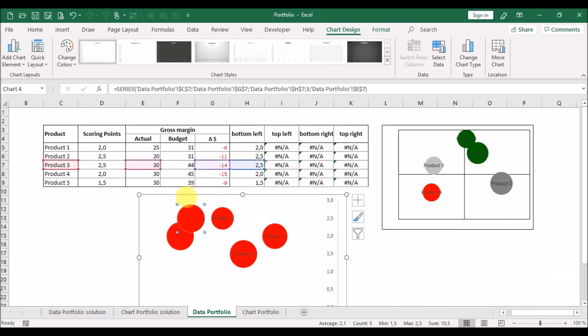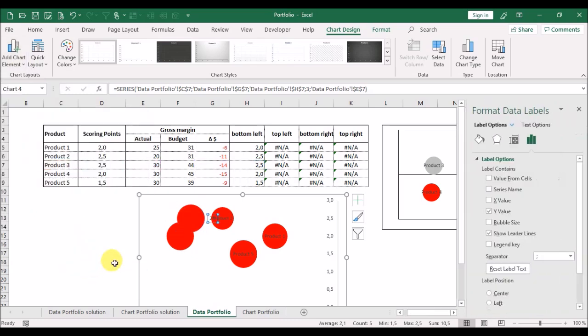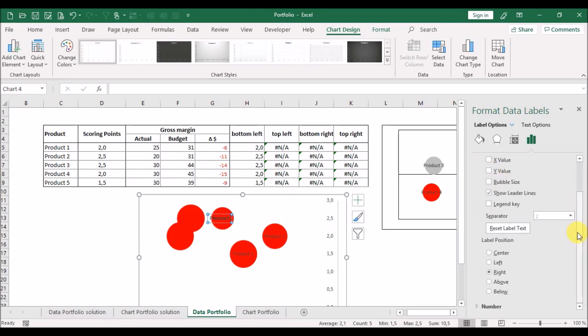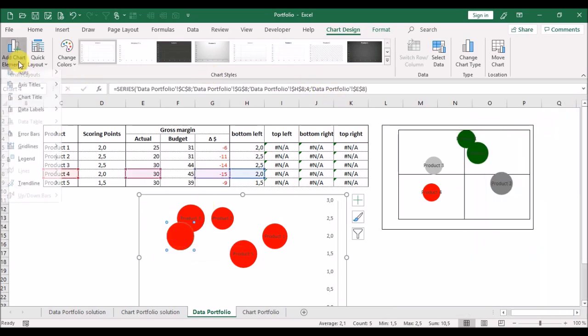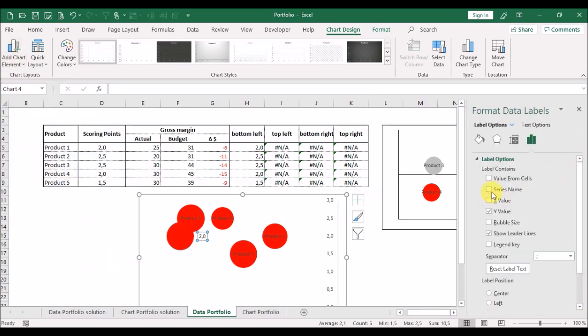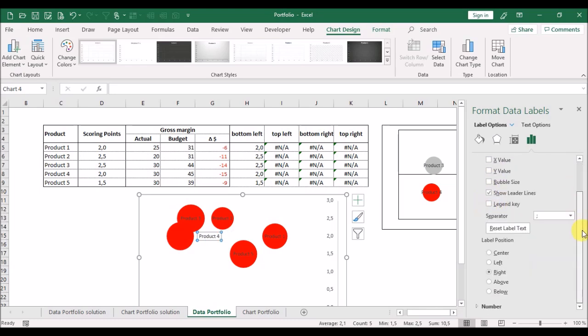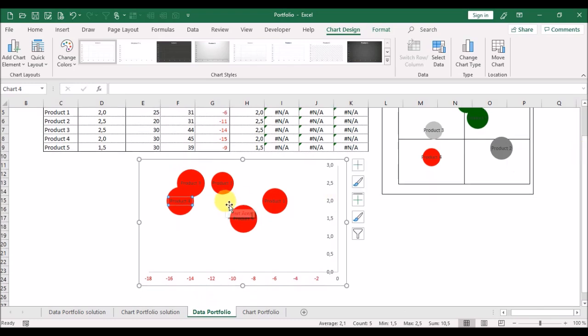Next one, data labels, more data label options, mark series name, deactivate vertical line, label position center, and the last one, chart element, data labels, more data label options, series name, deactivate vertical values, and label position center. So now we have all red bubbles.